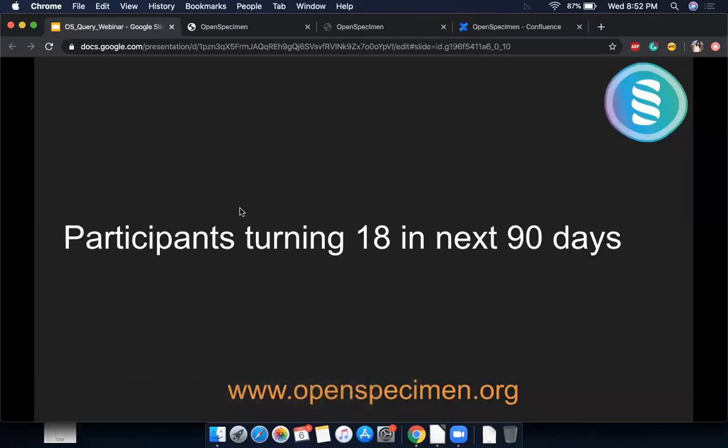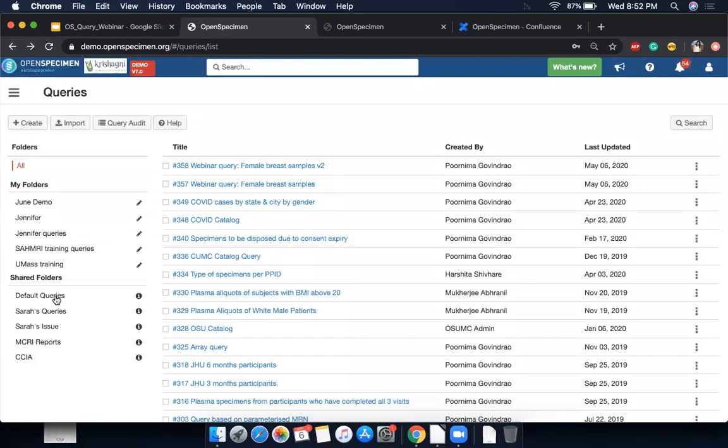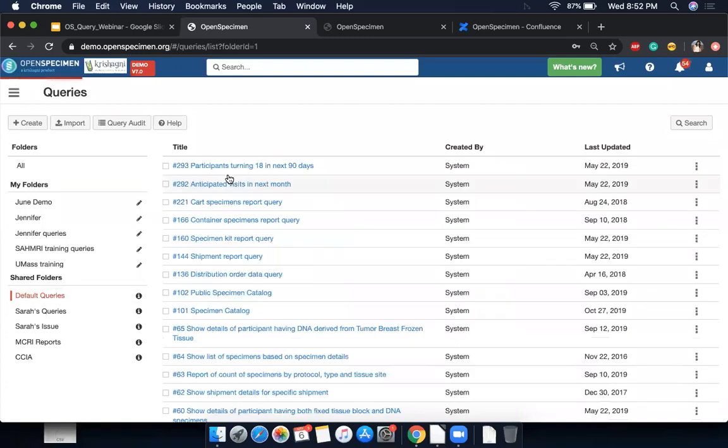In the recent versions, we added a couple of default queries which you can schedule if it's useful for you. One example is participants turning 18 in the next 90 days. There might be some pediatric study you're doing where you need to reconsent the patient after they turn 18. If you go to default queries, this query is now available for you if you want to use it.